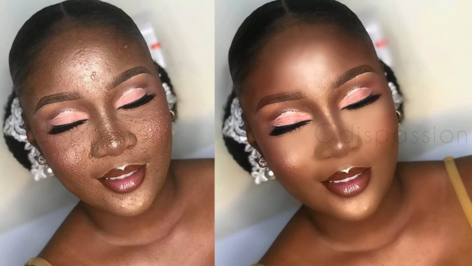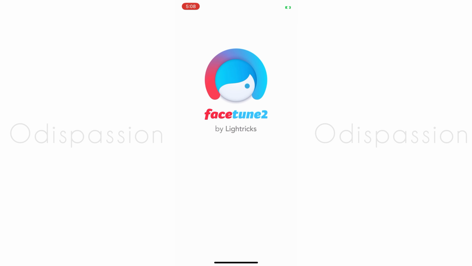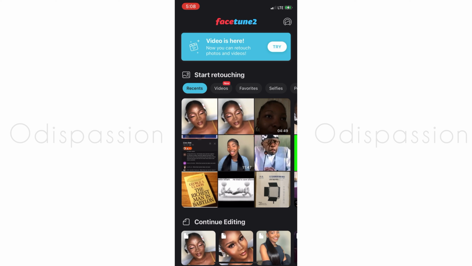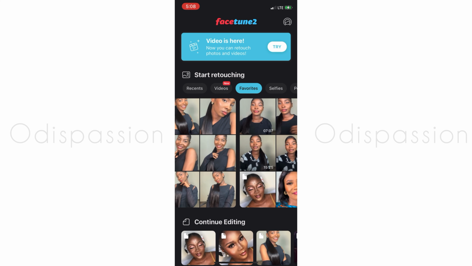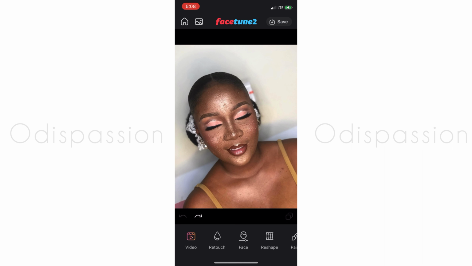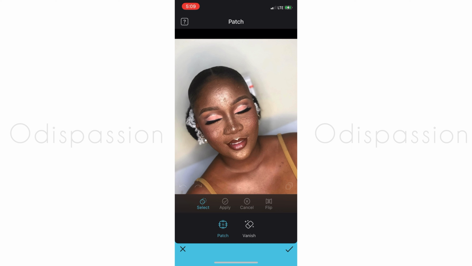So I'm going to be editing this picture using the Facetune 2 application. Once I open it up, I'm going to select the picture, and once it loads up on the application, I'm going to scroll down here all the way to the patch option, because I have to work on the blemishes first. So I'll click on that patch option, and for this first option, it allows you to transfer a particular